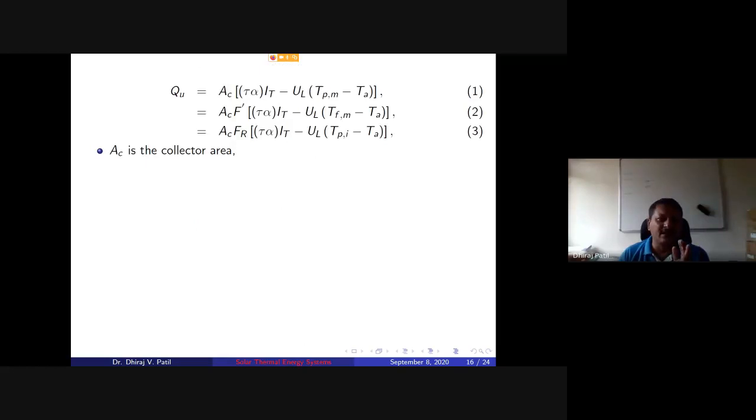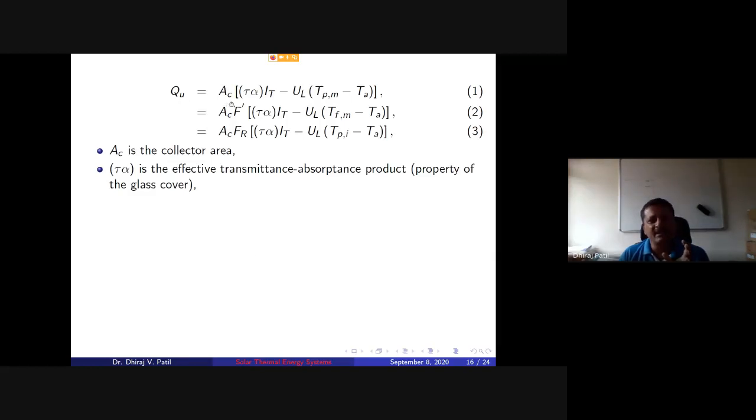But if you look at that, Q is basically the collected energy from the flat plate collector. It can be related to the area of the collector multiplied by the radiation. So this is the solar radiation that you get, falling on the tilt. We have to have a tilt because of our location, with respect to latitude. And this radiation, in watts per meter square, you have to multiply by the area of the